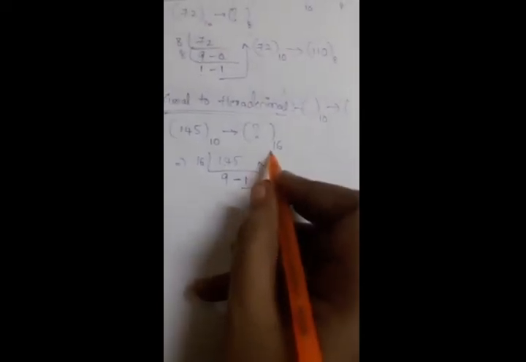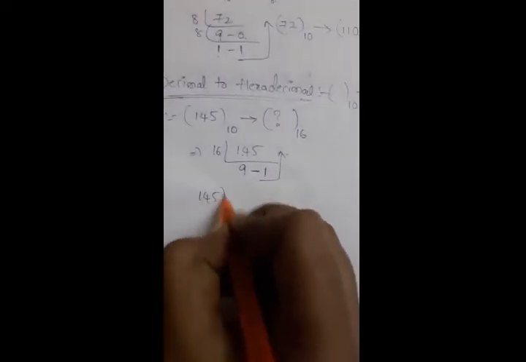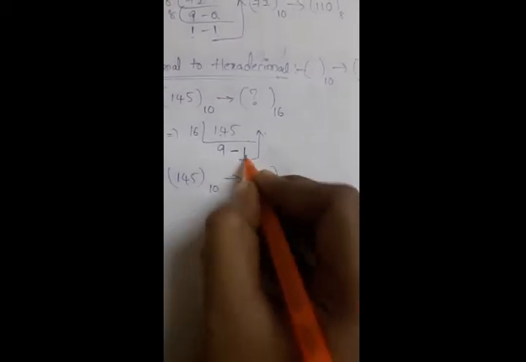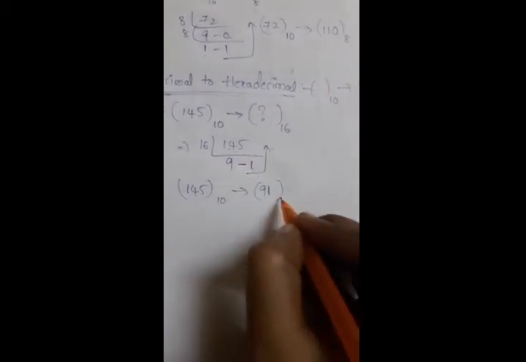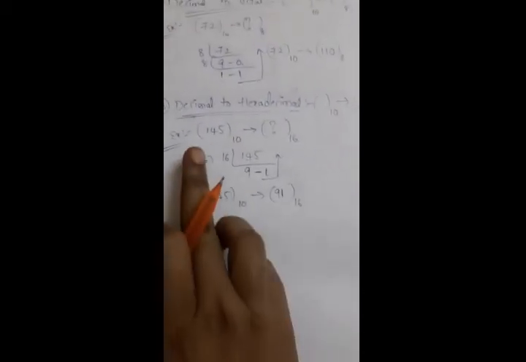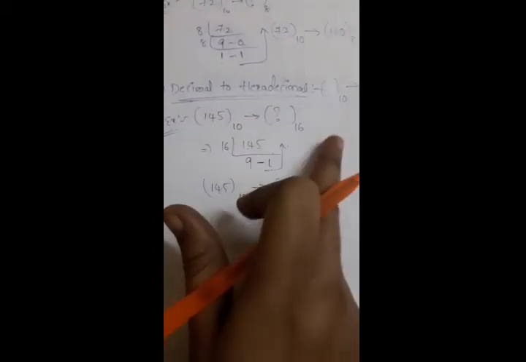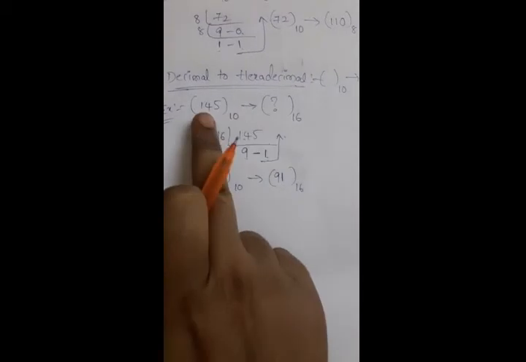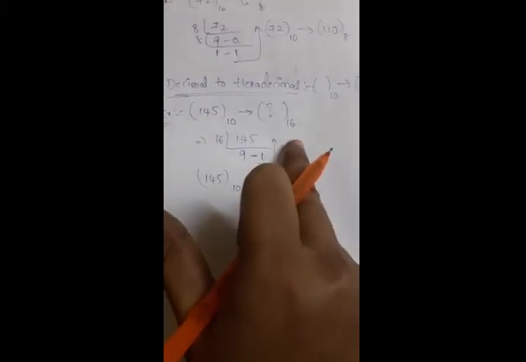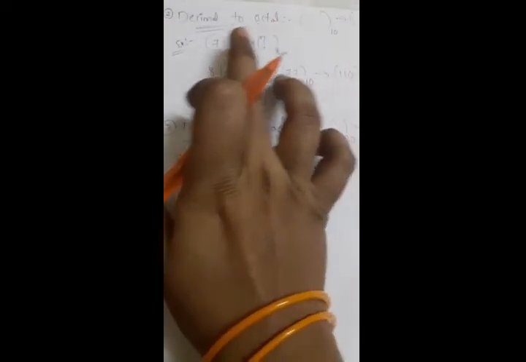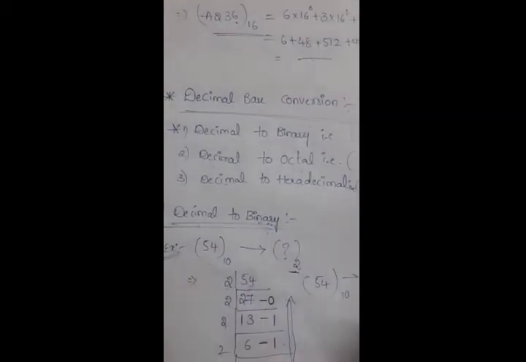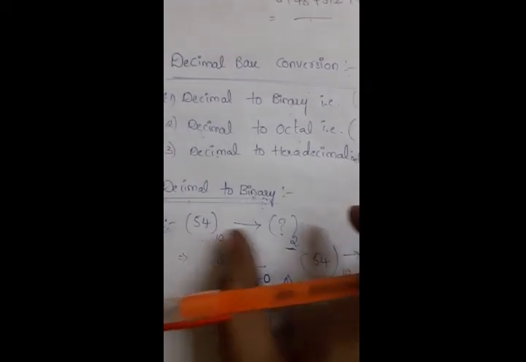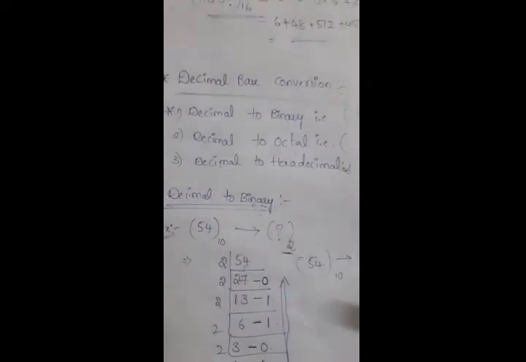Okay, so in this way we'll write the result, that is, the hexadecimal number of 145 decimal is 91. Here another remainder is not there, so directly we go for 91. So that is how we convert decimal to hexadecimal. This is the procedure. Whatever decimal number we have is divisible by the hexadecimal base, that is related to decimal to hexadecimal. If you need to convert decimal to octal, whatever decimal number you have is always divisible by 8. Like that, decimal to binary is nothing but the decimal number is always divisible by the binary base. This is the decimal base conversion.